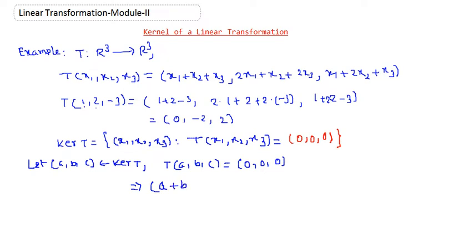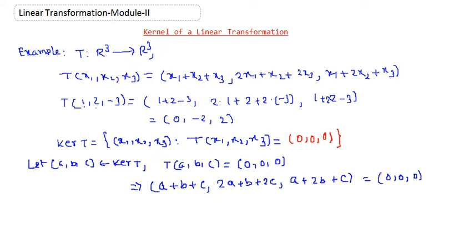x1 is A, x2 is B, x3 is C. So it will be A plus B plus C. Next, the second component will be 2 times x1, so 2 times A, plus x2, which is B, plus 2 times x3, which is C. And the third component is x1, so A, plus 2x2, so 2B, and x3, which is C. So these have to be equal to (0, 0, 0), because we have two vectors which are equal